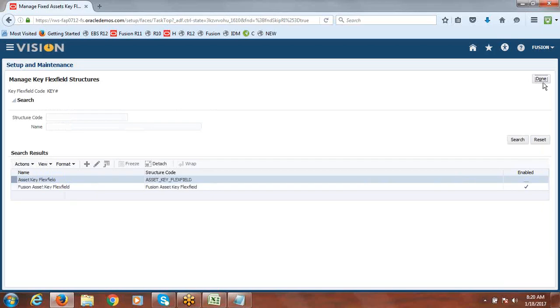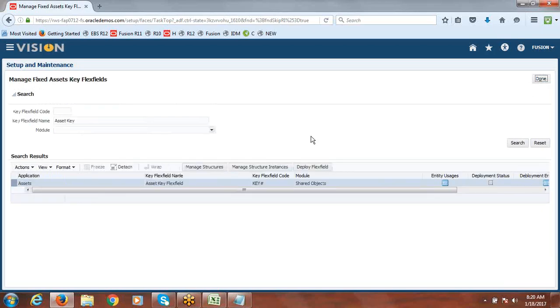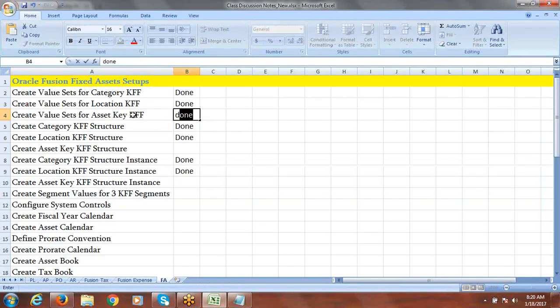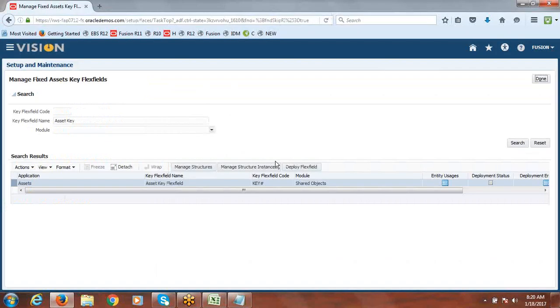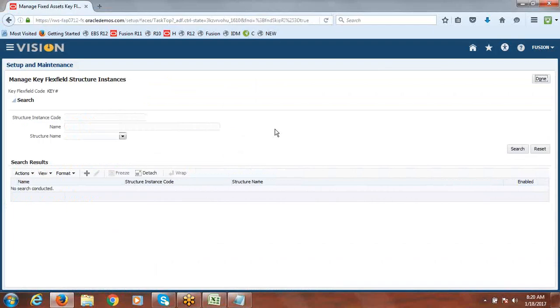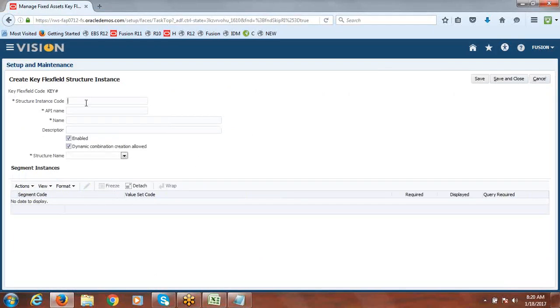Now structure we created, we have to create the instance. Value set we created and structure we created. Now we have to create the instance for asset key. Click on manage structure instances and click on create. So I'll give the name as Fusion asset key.